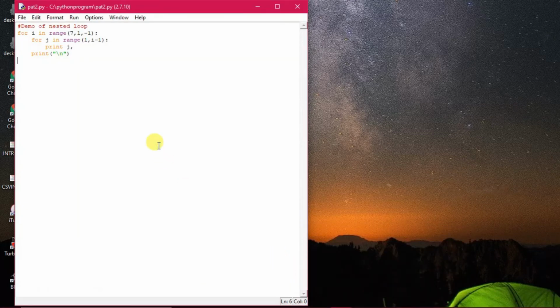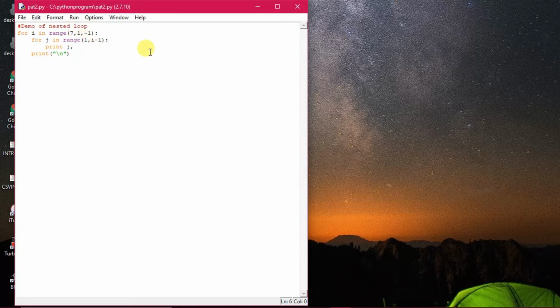Now you see here in this program what is happening. It starts from 7 with minus 1, which means there is a tendency to go back. It's starting from 7 and it is always going back. So the output we can guess easily. When the value of i is 7, the next value will be 6, because it is decreasing by 1. So the first time, when the value of i is 7, j goes from 1 to 7 minus 1, that is 6.